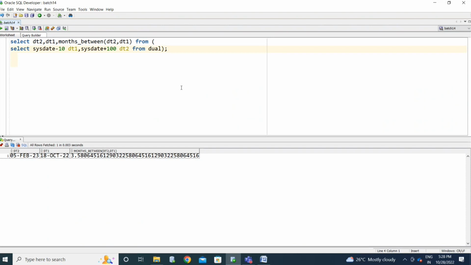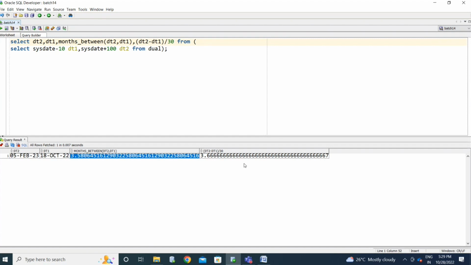If you calculate DT2 minus DT1 divided by 30, you get 3.66. But in this case it is looking at the actual days, so there are discrepancies in these values.